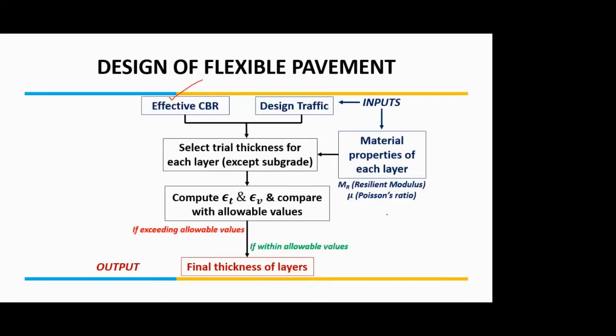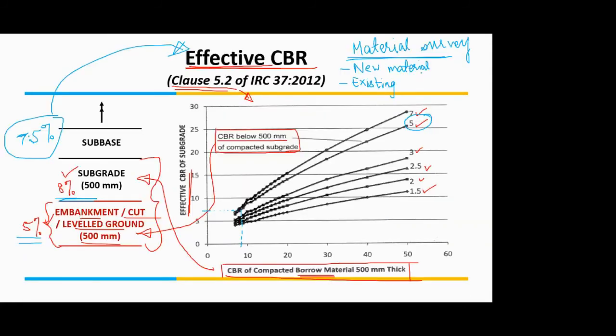And similarly, for the borrow area that I am talking about in this material survey, whatever new material you have searched for and found, you will collect a sample of that also, test it, and find out the CBR. So from that survey, material collection and lab testing, you will get the CBR values. And once you get them in the lab, then you will use them in the design and only then will it be finalized. Okay. So suppose this design gets finalized and your subgrade value comes out to be 8%, which is found to be okay, and the embankment is 5%.